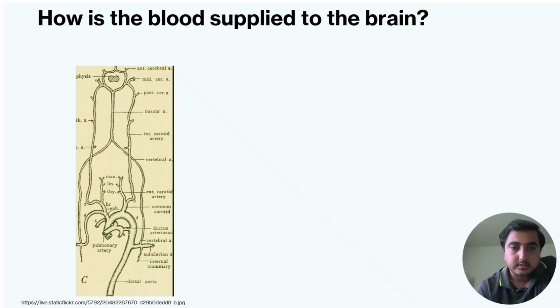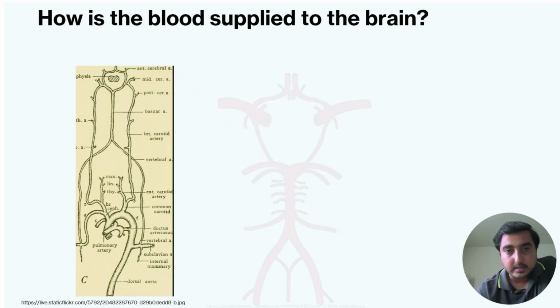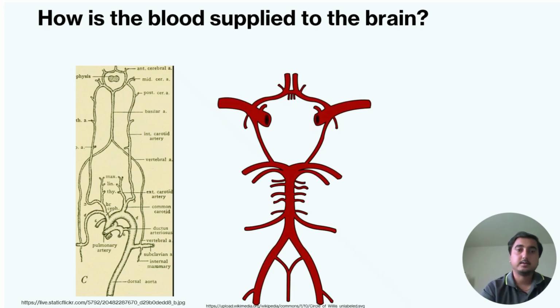So from these subclavian arteries come the vertebral arteries. The vertebral arteries branch from the subclavian, ascend upwards, and end up supplying different areas of the brain. One is this vertebral artery that is supplying a major part of the brainstem, and the other is the internal carotid artery, as we'll see. This blood supply to the brain, we call the circle of Willis. So if you see here,